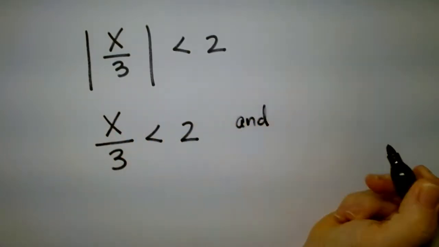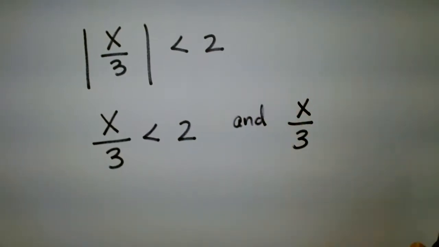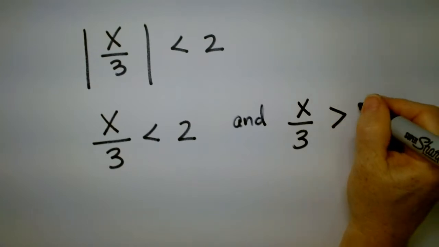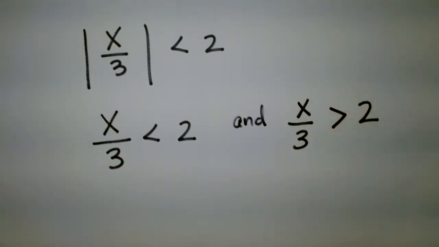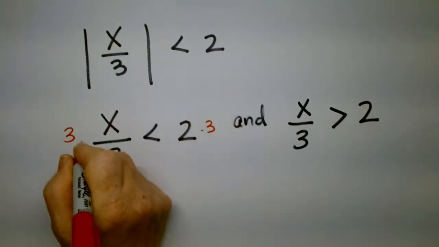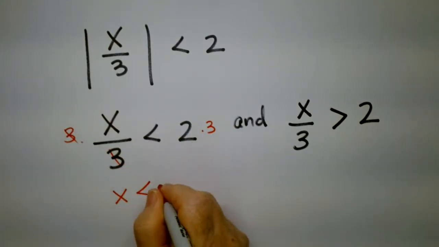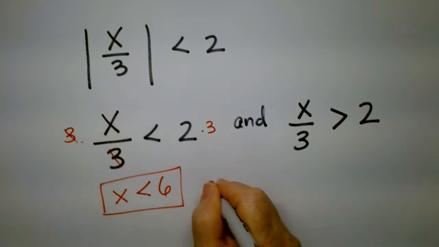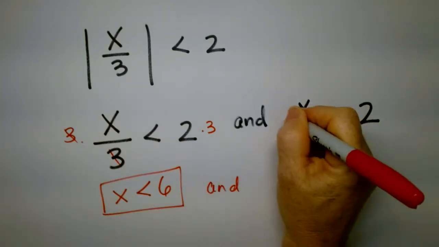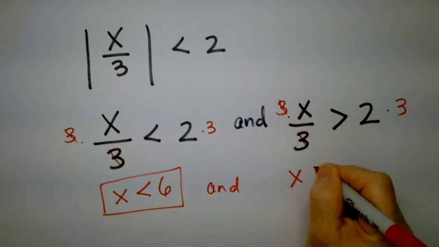And then what do we write? X over 3, and then what do we do? Is greater than negative 2. Okay, and then we just solve it. So we're going to multiply both sides by 3. This goes away. X is less than 2 times 3 is 6. There's one solution. And I'm going to multiply both sides by 3. That goes away. X is greater than